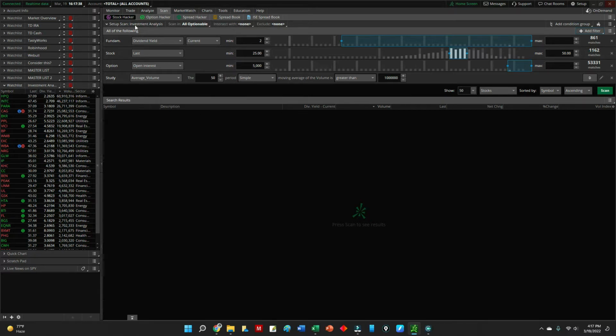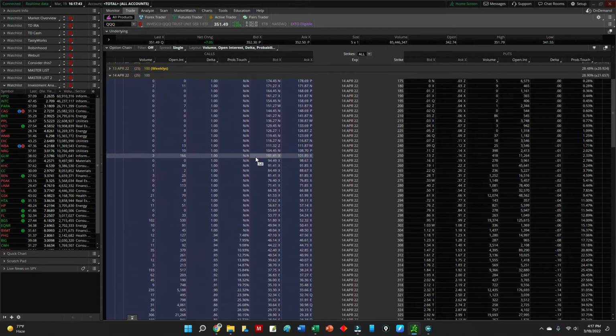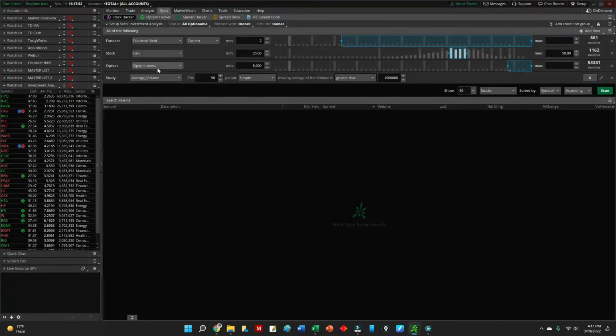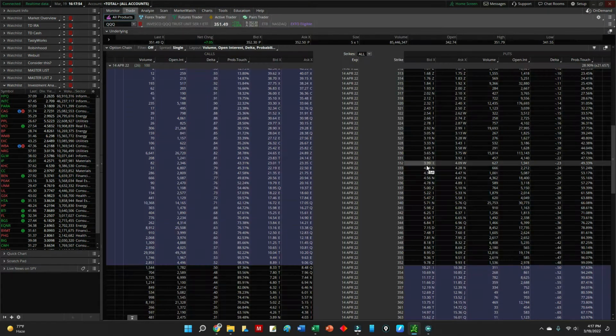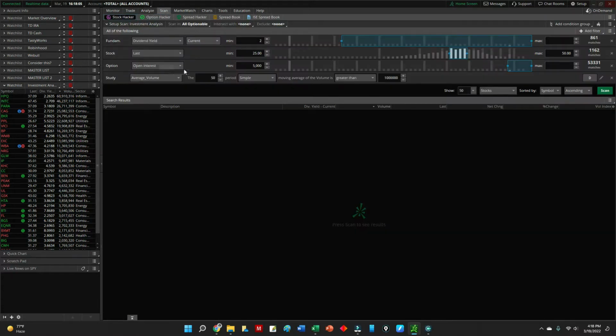going to find, let's take QQQ for example. If this was an illiquid stock, which it's not, it's a very liquid stock. You can see there's plenty of open interest here. My understanding of the open interest metric here is that it's just going to look at any different contract month or any different strike price, and as long as one of these has an open interest of over 5,000, it's going to return it in the list. So you will admittedly get some stocks in this list that don't really have great liquidity, so just be mindful